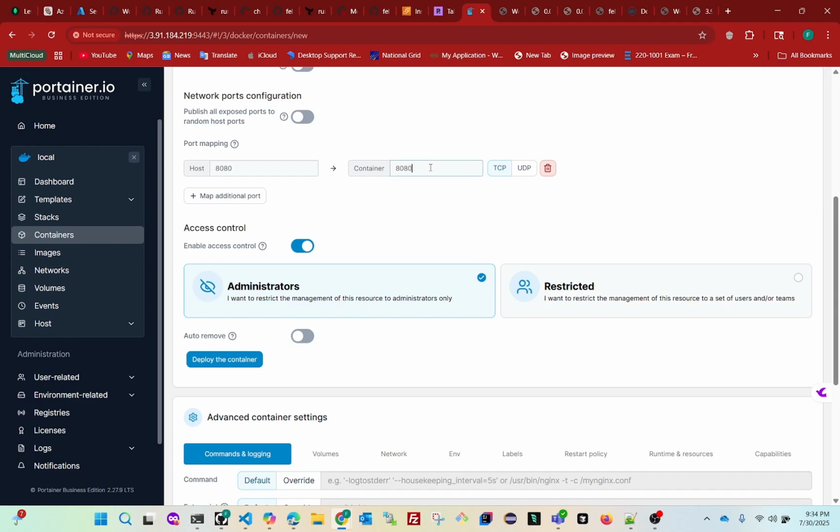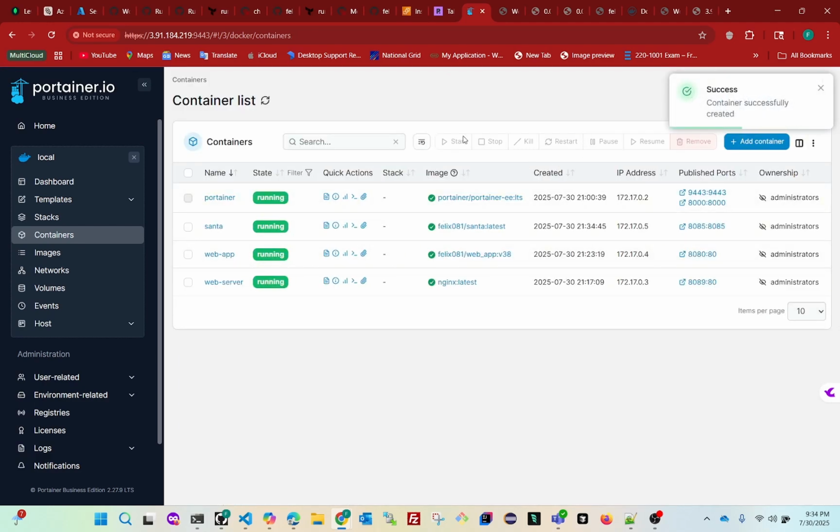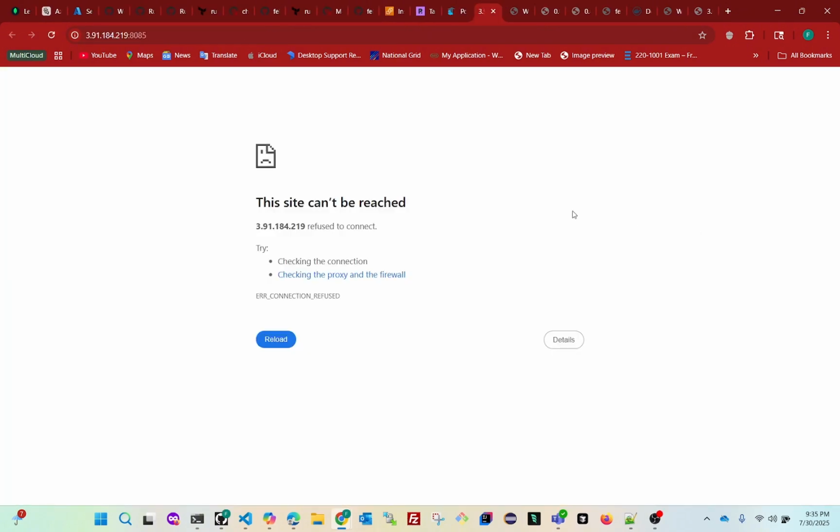So let me change this one to port 8085. Maybe that is already running. Or port 80 or deploy. Okay, let me change this one to port 8085. Run it. Okay, so it's because port 8080 was already connected to this, so that is why. So let us see if this is going to work. Santa, I'm going to click on it. I'm not sure. Oh, yeah, it's not working yet. So I don't know if those